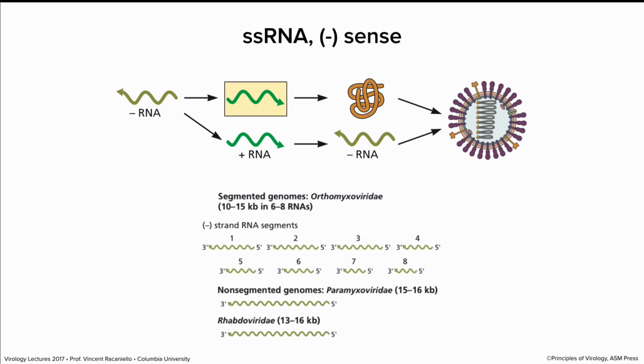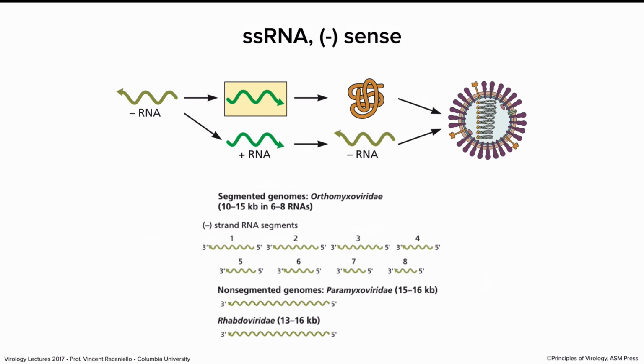There are two different kinds of viruses with negative strand genomes, ones that have the genome of a single molecule of RNA and some that are segmented. And the picture I just showed you was a mix of both. You can have segmented genomes like influenza viruses, or you can have non-segmented genomes like the paramyxoviruses and the rabies virus. But the overall strategy is the same. It doesn't matter whether it's in pieces or not in pieces. And by the way, when I say segmented, most of the time, all the segments are in one particle. But there are examples where some segments are in one particle and the rest are in another. And that would be a virus where you need two to infect a cell to get infection.